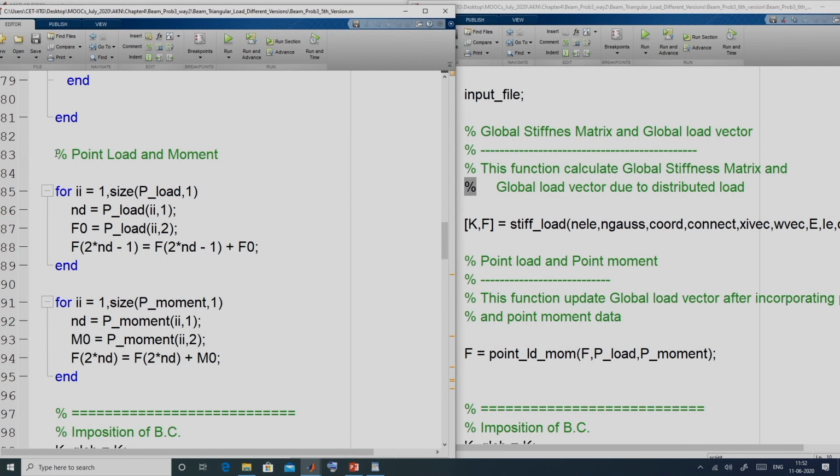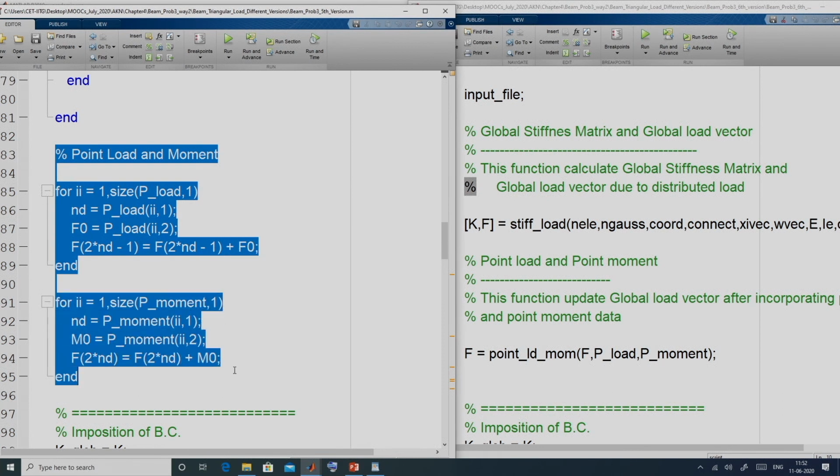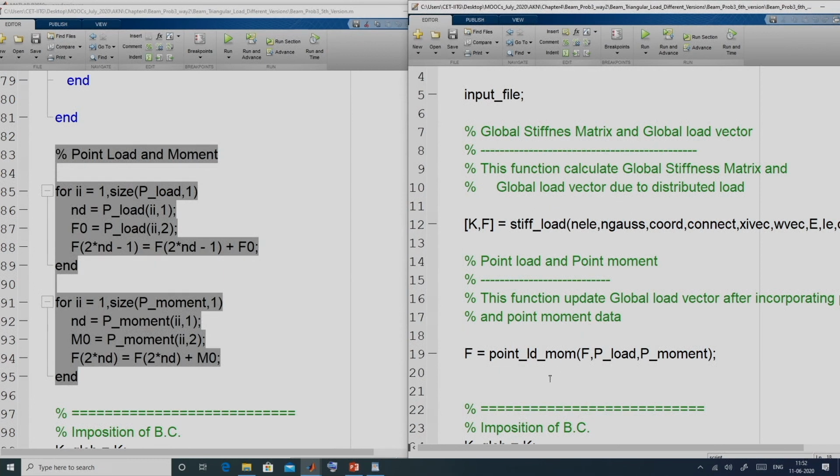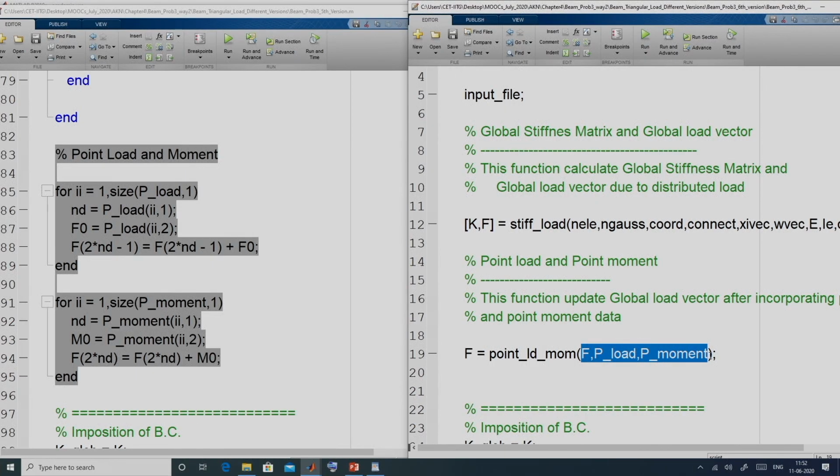Similarly, in this portion we are incorporating point load and point moment data into the already assembled global load vector. So, we use another function, point load moment, where the assembled F, P load and P moment, which are the input data for point load and point moment, are supplied.